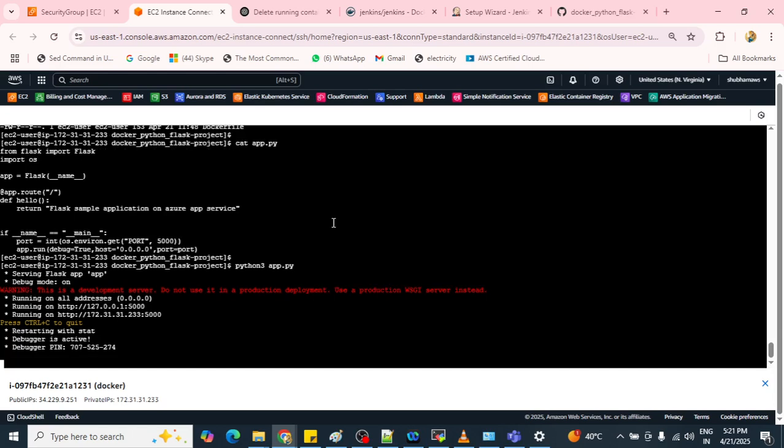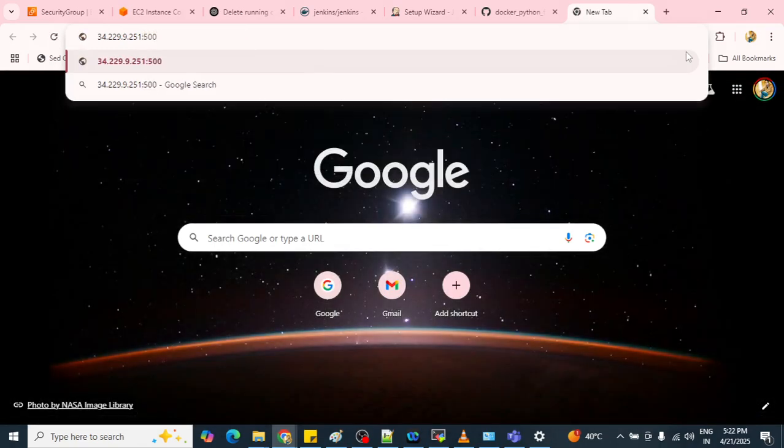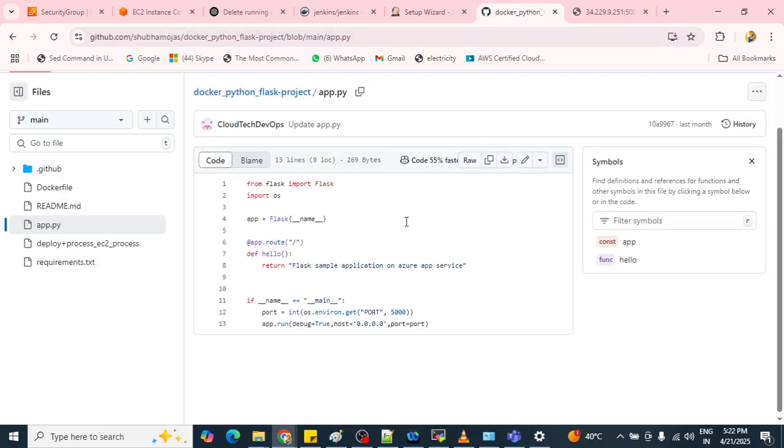It is started. Now if you need to access this, how are you going to access it? Copy this IP, and the default port is 5000. Enter this. Now you can see your Flask application, on this particular line which I have mentioned, our Python code is running. In this way you can simply run your Python application.